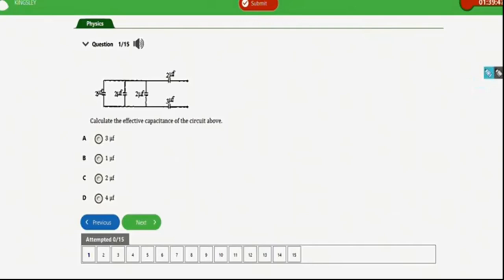Okay, so in this circuit above, the first thing to note is that the connection we have here from these 2 microfarad to here, they are connected in parallel. So since it's a parallel connection, it is going to be 2 plus 2 plus 2. So this will give us 6 microfarad. Now, the next thing to do is that these 2 microfarad and these 3 microfarad we have here are connected in series. So now that we have converted this parallel connection to series, it's going to be 1 over C